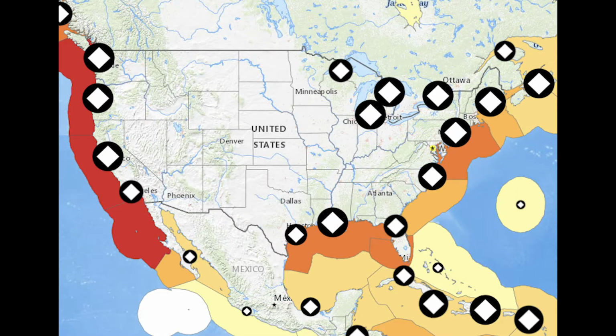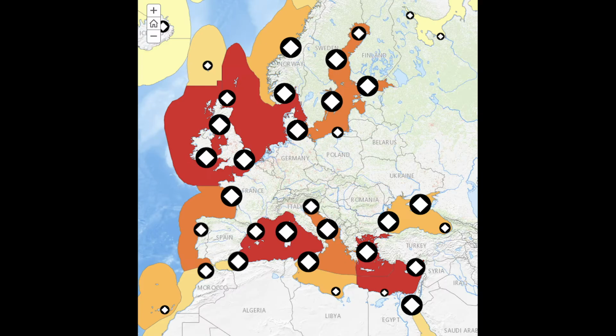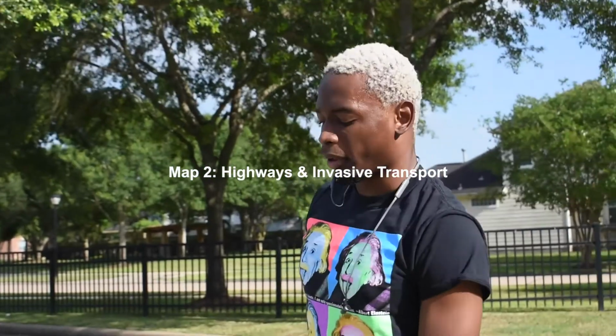In this map, I overlaid data on port activity with marine invasive species data. The size of the token indicates the relative port activity. A larger token is a port with greater activity. The colored segments of the ocean represent relative presence of harmful invasive species in a region. As you can see, there's a general trend of increased port activity being associated with more harmful invasive species in a region.